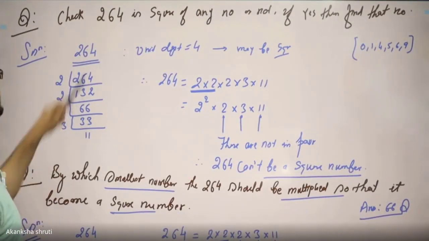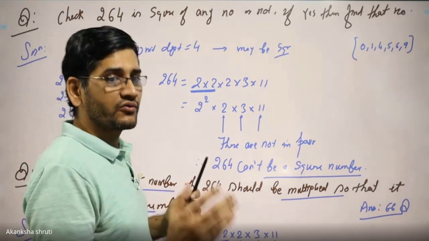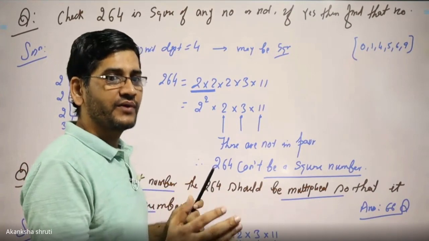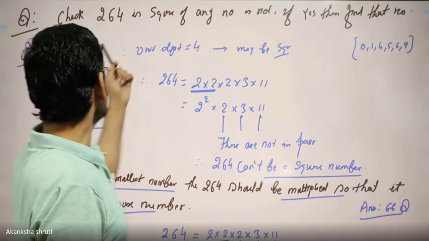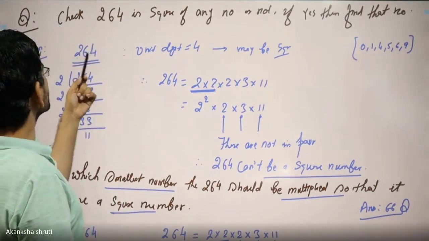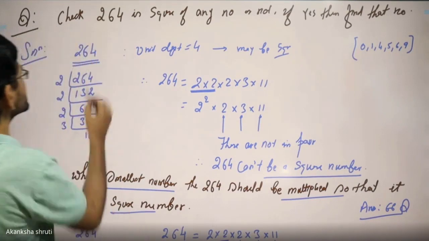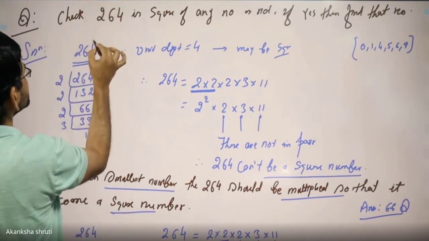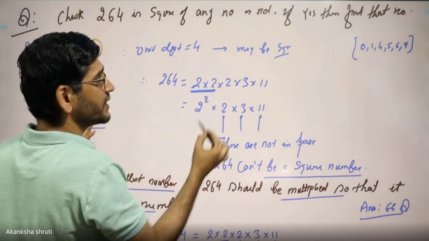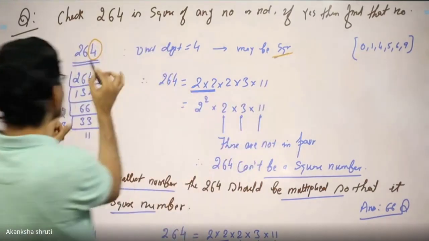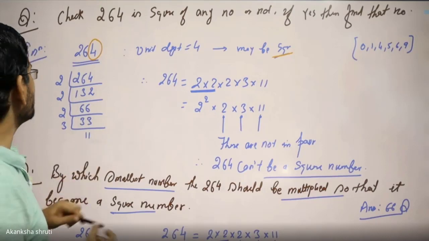Students, it need not be that if the unit digit is 0 or 1 or 4 or 5 or 6 or 9, then it will surely be a square. Example, let us consider 264. Whether this 264 is a square or not. Students, just by observing the unit digit, here 4 is the unit digit, so it may be possible that it could be a square. But whether it is a square or not, for that we have to go for factorization, making their pairing.